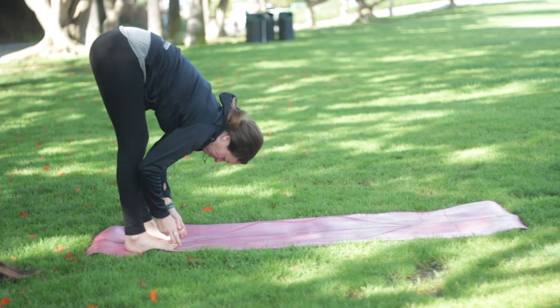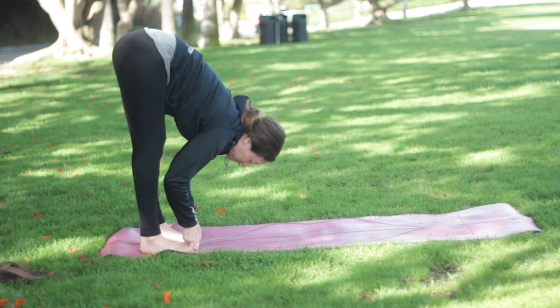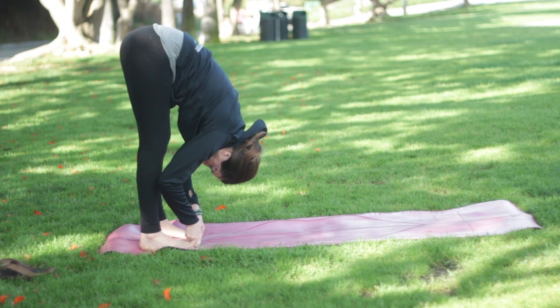Walk your hands toward your feet, grab your big toes with the first two fingers, lengthen, inhale, and exhale to